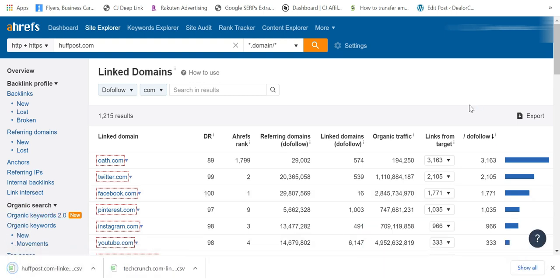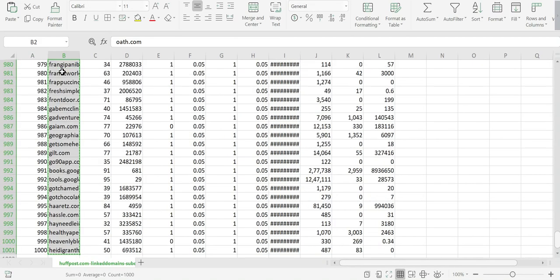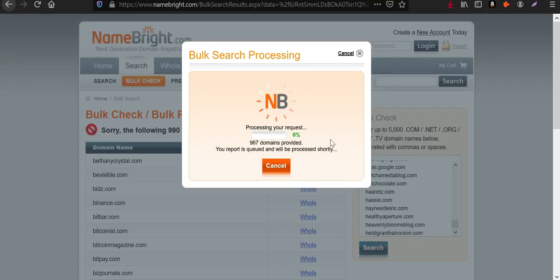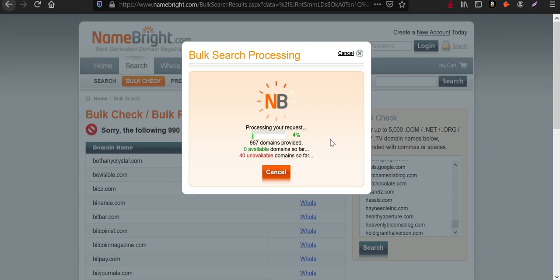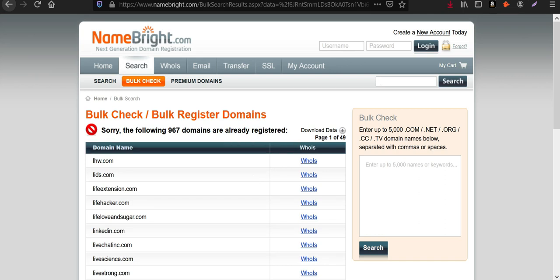Let's select the same way we have done for TechCrunch. Let's do it again. It's a free tool, so you don't have to worry about paying. You can only search up to 5000 domains. So this is also not going to give us many domains, so I'm going to check for